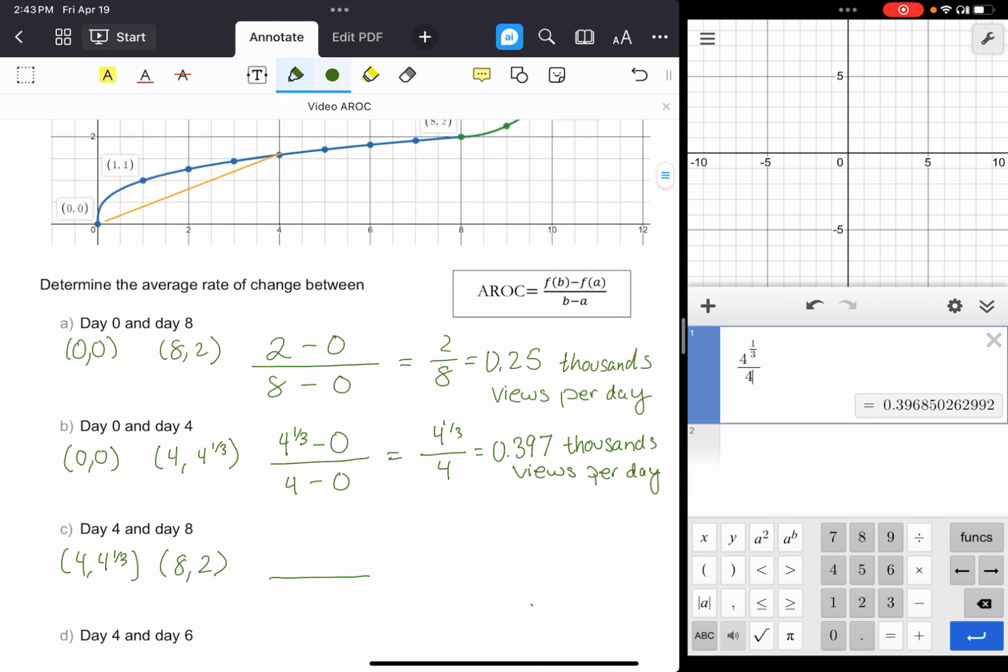Okay, so now we have 4 and 1/3 minus 2 all over 4 minus 8. And so let's go update my calculator. I get 0.103. And again, makes sense because later on, as the input increases, my slope should be getting smaller. And so between here and here, my inputs have increased, my interval has increased, and my slope has gotten smaller. So this would be thousands